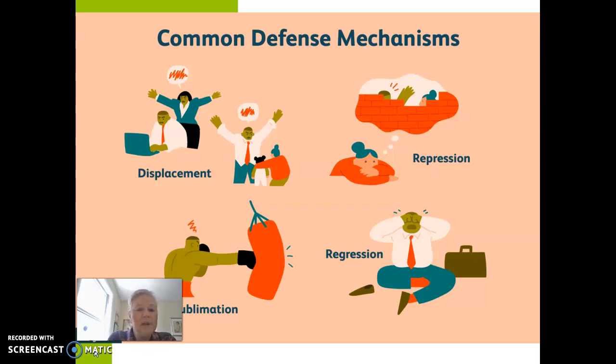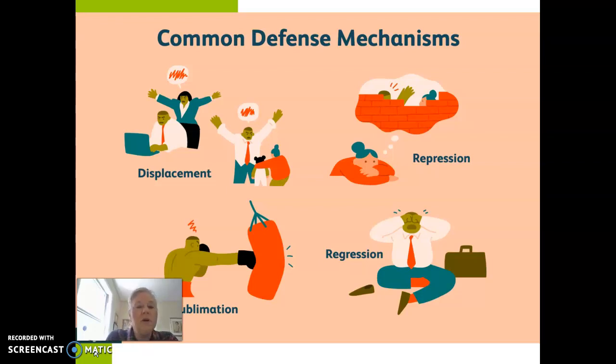Defense mechanisms are behaviors or actions or thoughts that we take when we are challenged between our superego, our ideal, and our reality and our id, what we really want to do. Now, I'm not going to go over what these pictures are, but I am going to talk about each of these on the next slide.